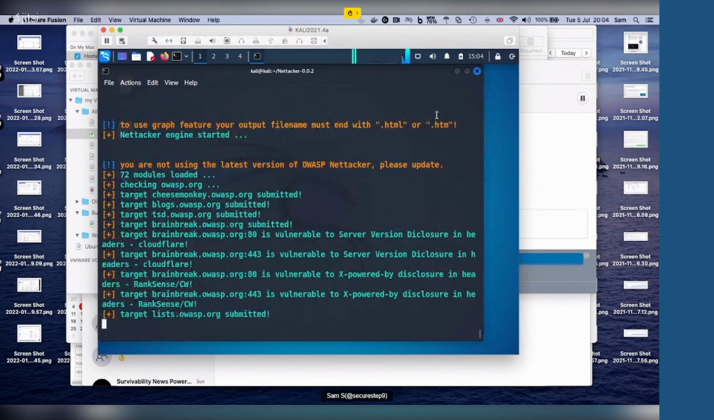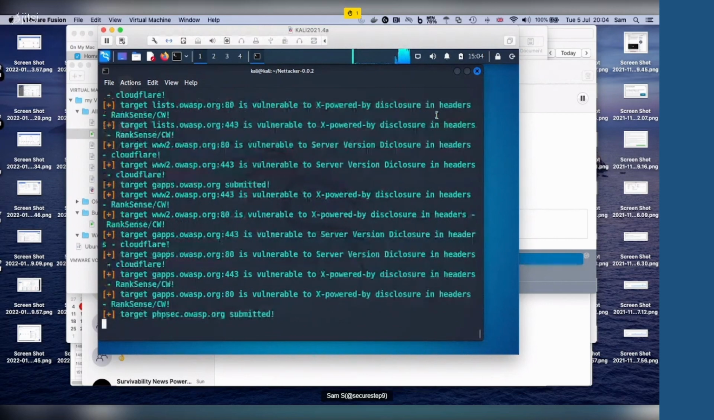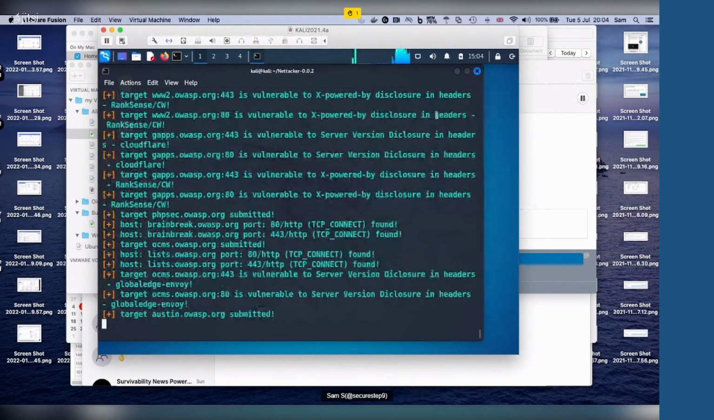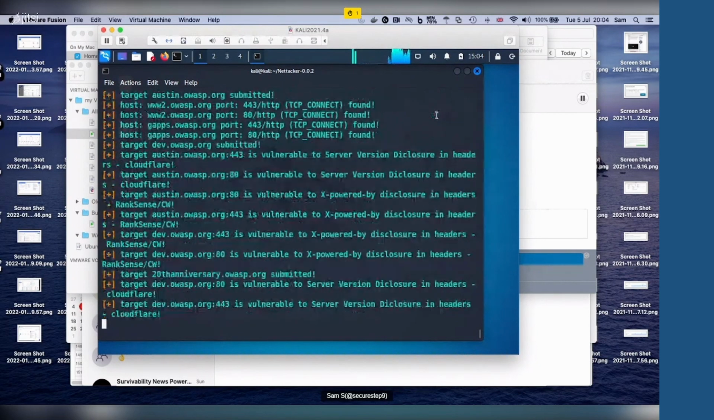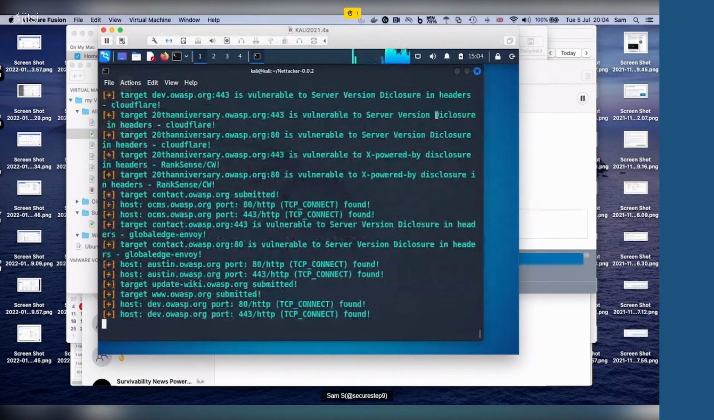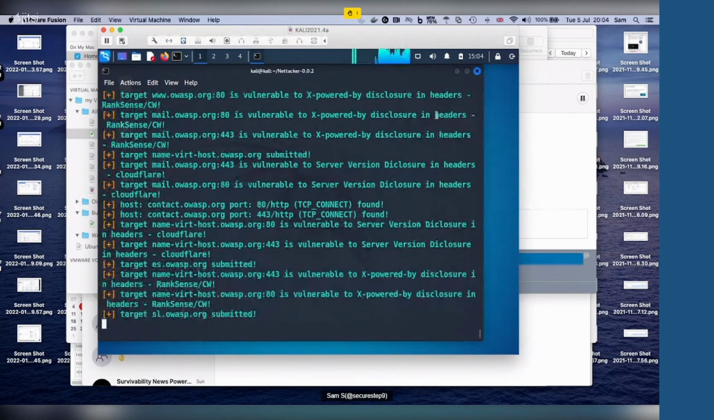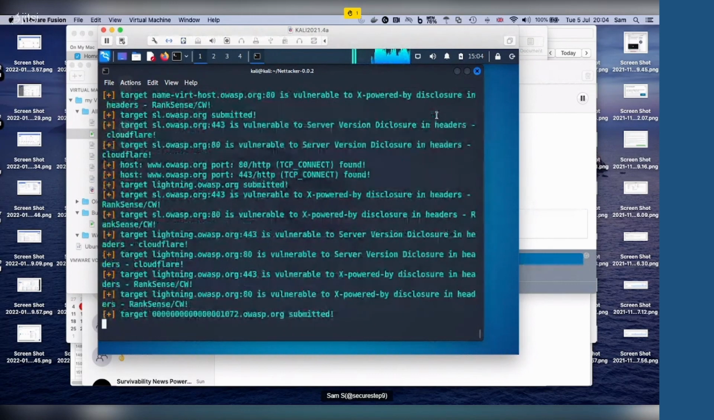So this is how easy it is to perform a scan and get the result in spreadsheet format, which is, I think, one of the coolest features of Nettacker. When I demonstrated Nettacker at Black Hat Europe 2018, sorry,